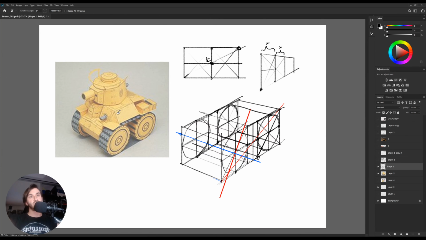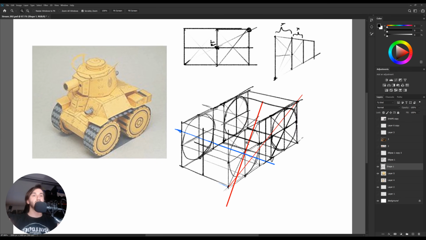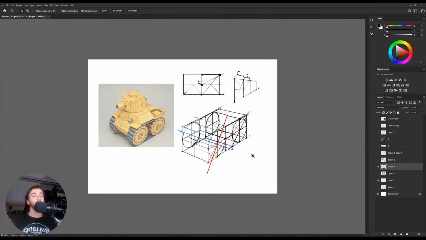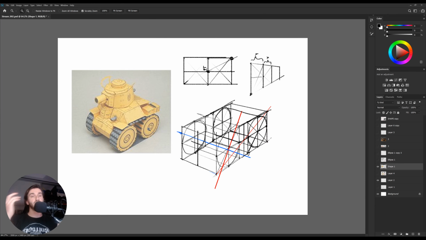So to draw the rest of the tank, it will basically be to find the middle of it and try to just draw every single geometry that I have in here. But it will take some time, and it's not our main topic for today, so this is just a way to create a simple block out for the thing that you are going to draw. But this is a really nice thing to be able to do, because later drawing a really cool tank or a really complex tank works pretty much